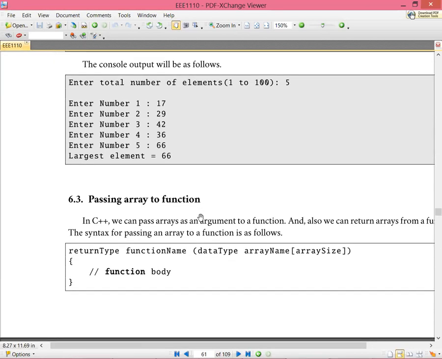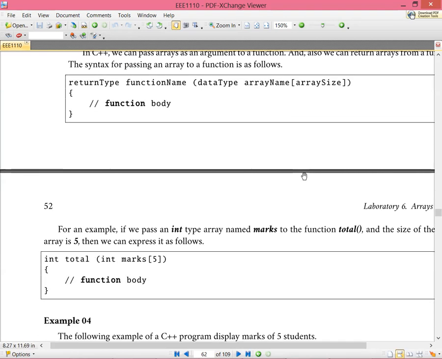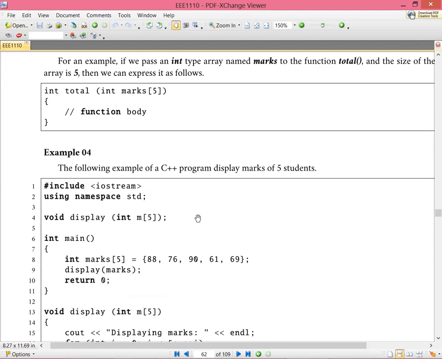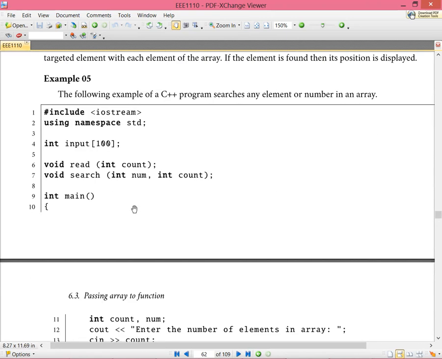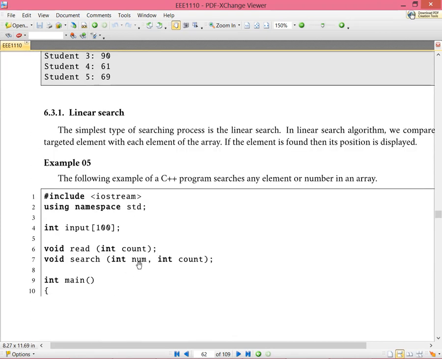Now, in passing an array to a function, we already know how to write a function. So you have to give the function name, you have to give the return value, and you have to give the array name, and also you have to give the array size. Okay, so here you just observe that you don't need to mention that number 5. You have to use another variable. So this is not the way, rather this is the way. Okay, so you have to give the name of that array,